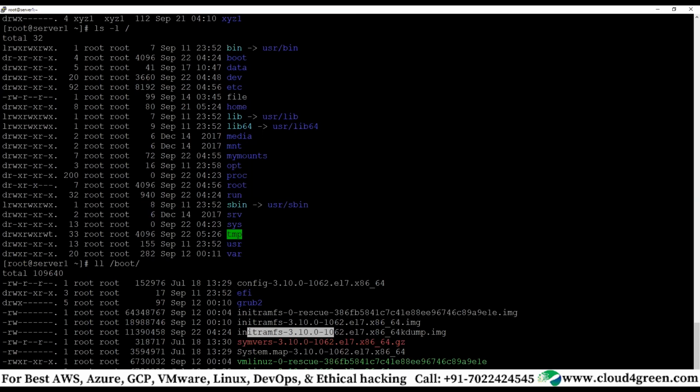We will speak about initramfs later when we look at how the system boots. Any questions? Please understand that /boot is an important directory. Don't put your stuff on that. It's only for the system. Clear? Data is the directory which we created basically, correct?